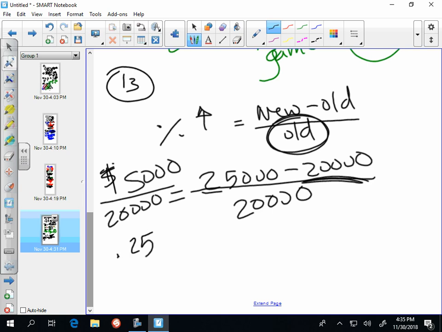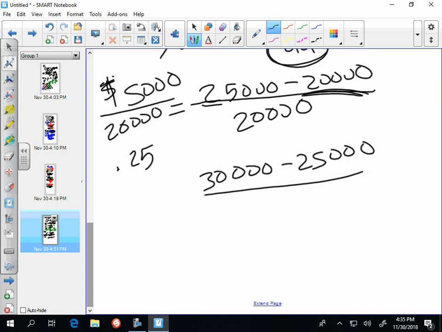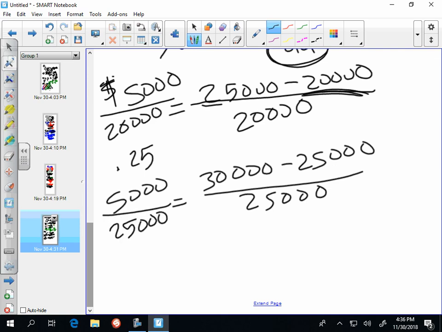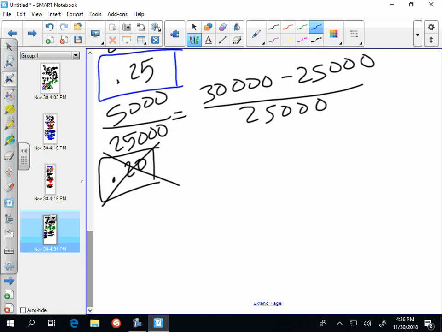If I repeat this over and over, for the next one I'm going to get 30,000 minus 25,000 over 25,000. That's going to be 5,000, but this time over 25,000, which ends up being 1 over 5, or 0.20. This percent increase is smaller than our first percent increase. I'm interested in the greatest percent increase over the previous year. And when you go through and compute all of the percent increases like I did, I got that this was the highest percent increase. Let's take a look at the last ordered pair,